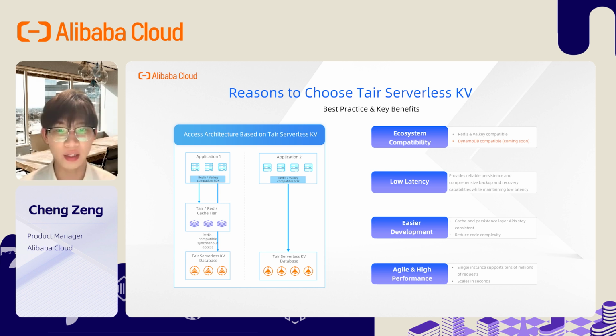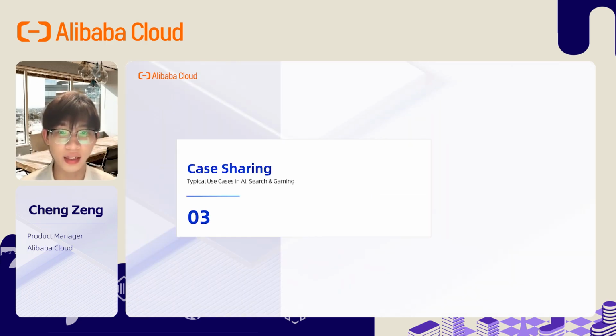And finally, our single instance can support millions of accesses and achieve second-level elastic scaling, helping businesses smoothly cope with traffic fluctuation. And next, let me show some use cases of the Serverless KV to help you better